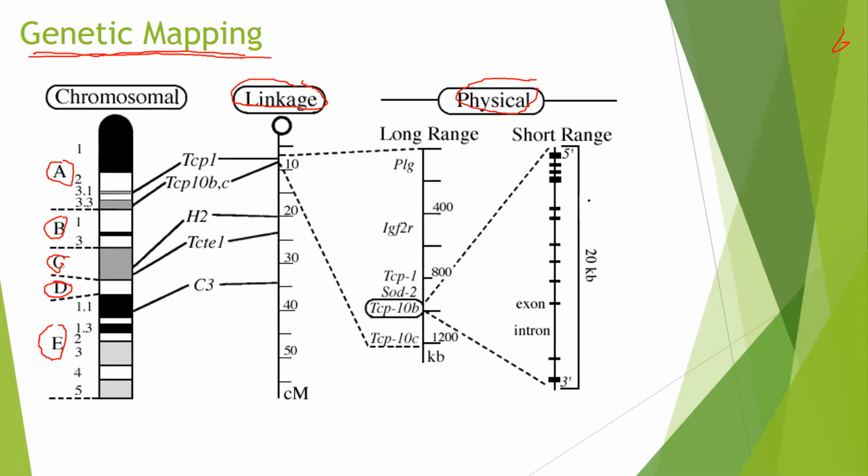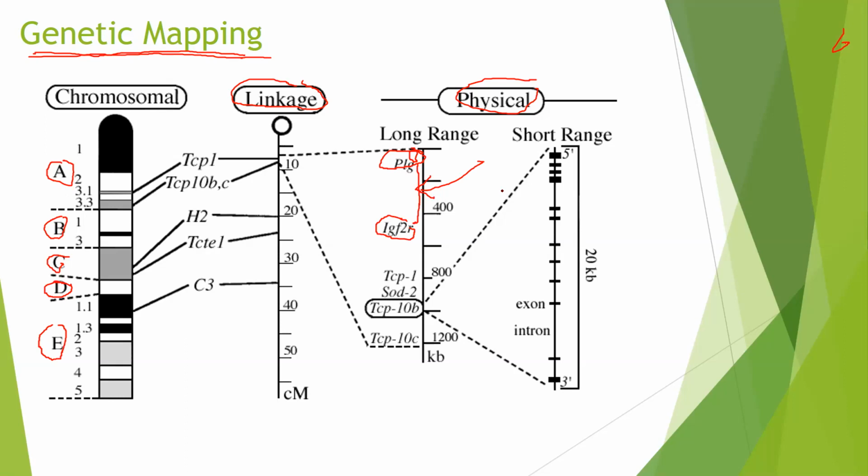We can get the base pair information, right? So the physical map measures the distance between 2 genes based on base pair numbers. For example, if you look at this gene here and this gene here, the physical distance between these 2 genes is maybe about 500 base pairs or something like that. If we measure the distance between two genes using the physical base pairs,